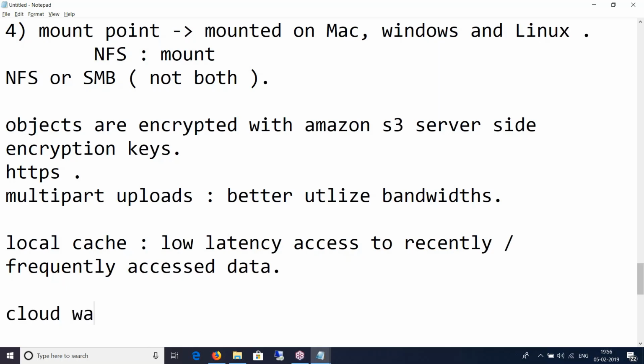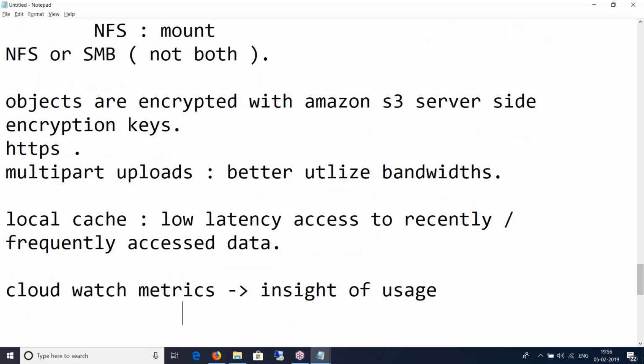And you can definitely integrate CloudWatch metrics that will give you insight into the resource usage on virtual machines and the data transfer to and from AWS. So CloudWatch metrics will give insight into the usage.